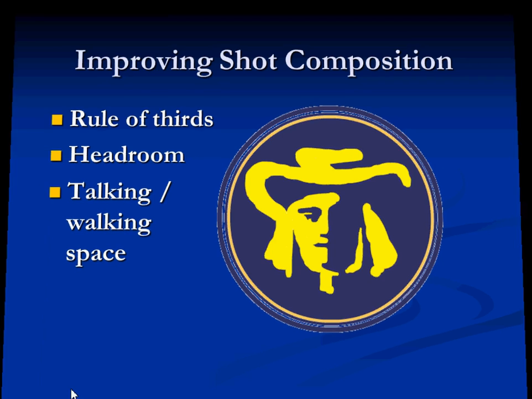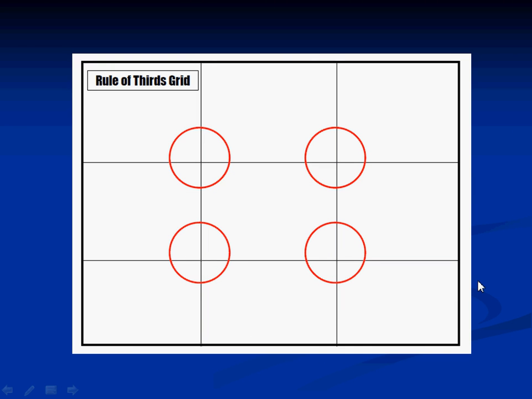So let's start with rule of thirds. When you're taking pictures, you want to imagine there's a grid in your viewfinder, your camera, your cell phone, or once again if you're animating, the screen. You want to imagine this grid like a tic-tac-toe board. What the rule of thirds tells us is that humans have evolved so that our interest is naturally drawn to these points where the grid crosses. If you're looking at a picture or a scene out your window, you tend to look at one of these spots first and see what's there. It's where you're naturally drawn to. So you want to use that when you make your pictures